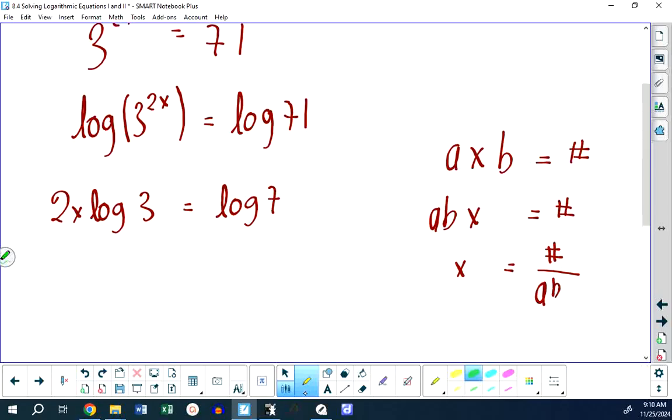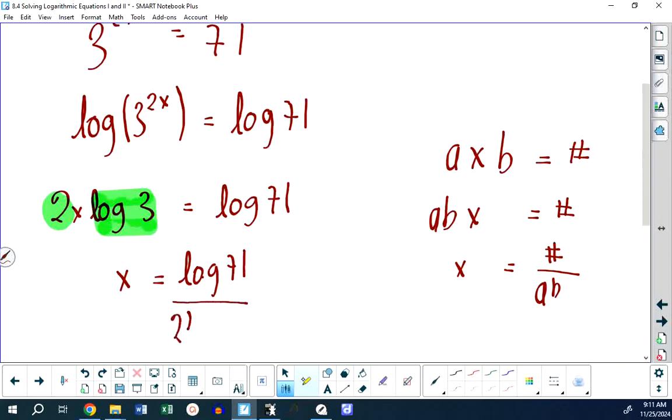The point I'm trying to get across is we need to divide log of 71 by both the 2 and the log 3, even though it's not 2 log 3 times x or x times 2 log 3, it's the same thing. And what we get is x is equal to log of 71 over 2 log 3,